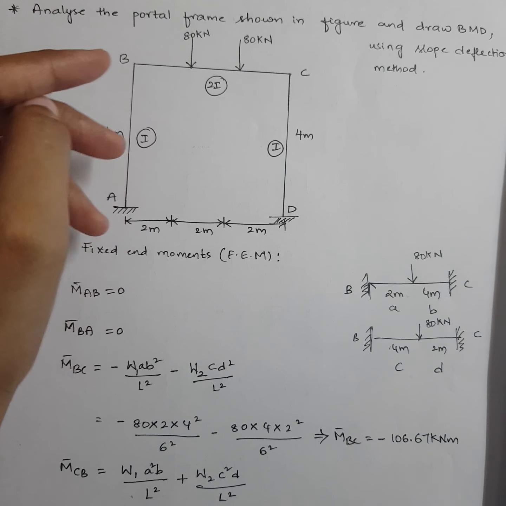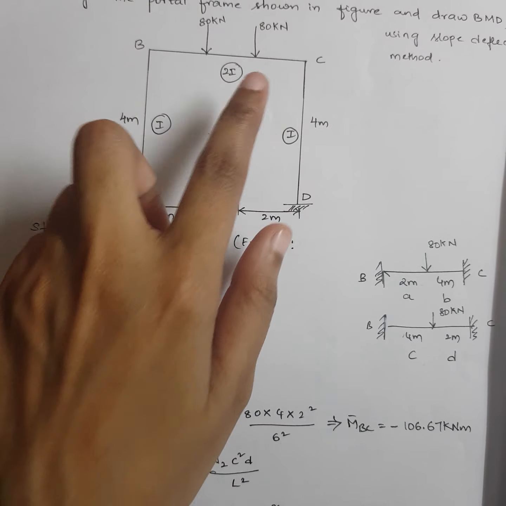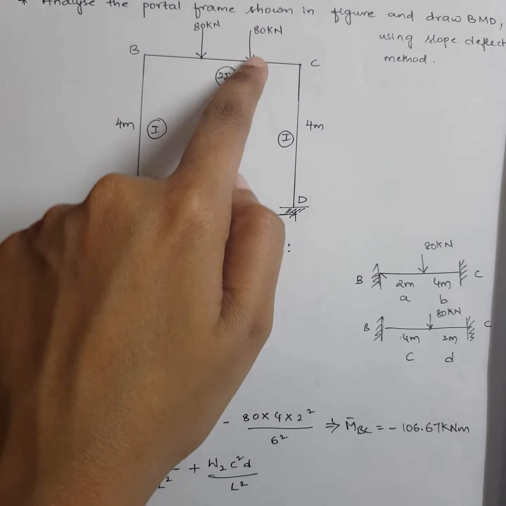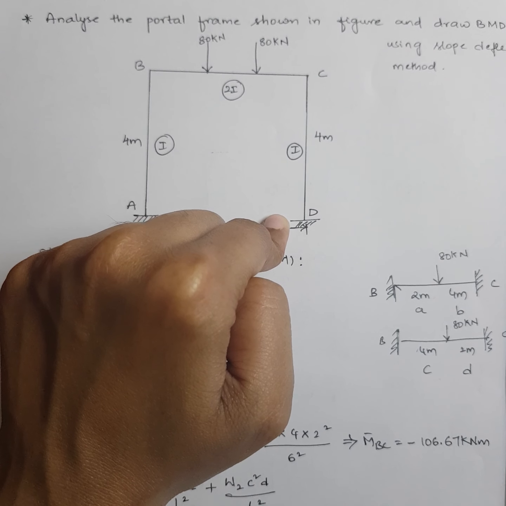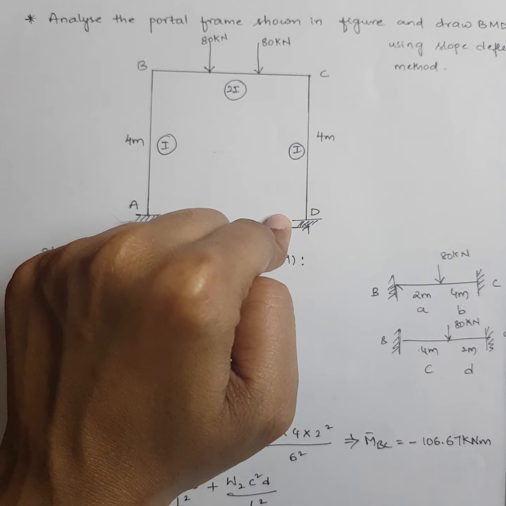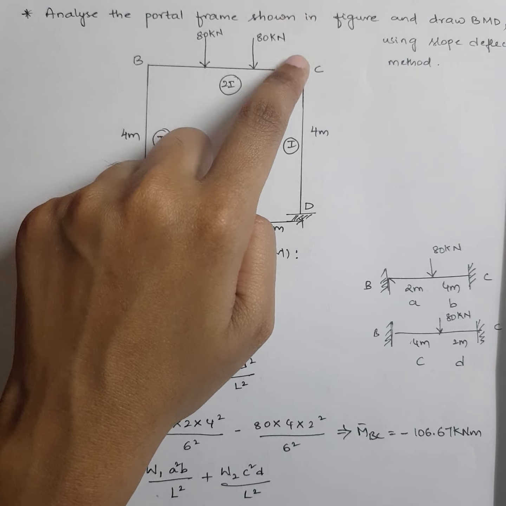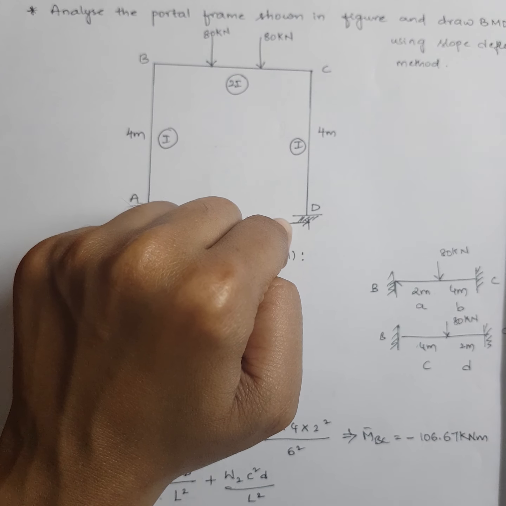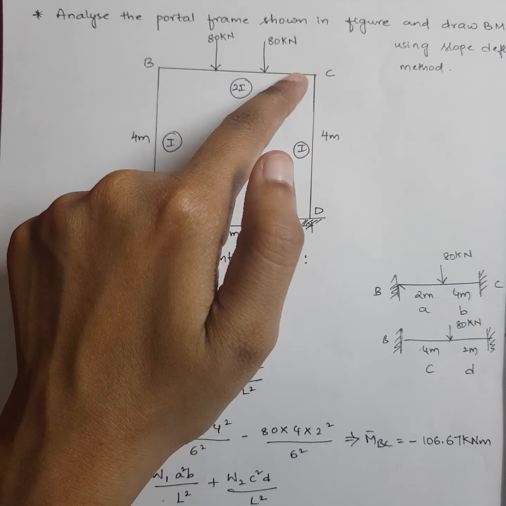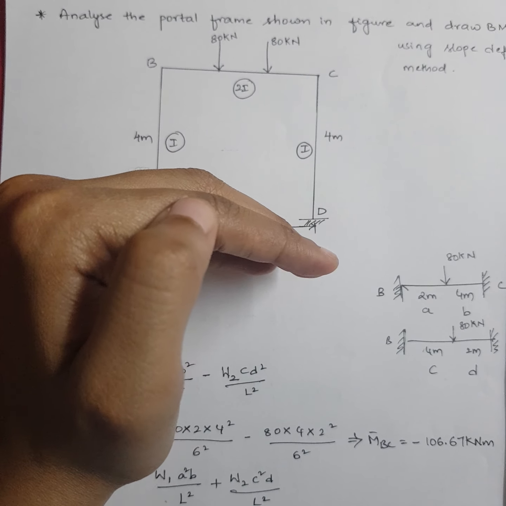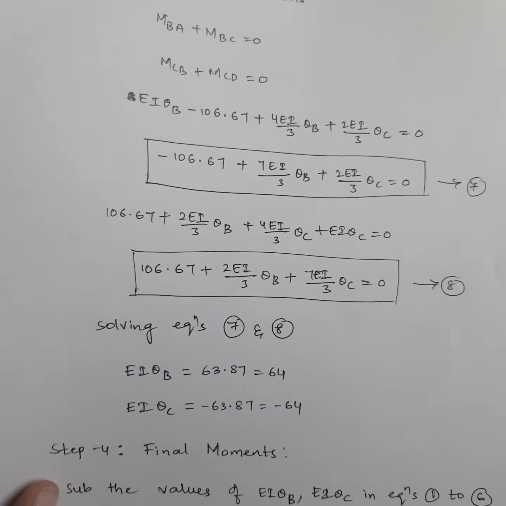Okay, so you can start off writing M bar AB, M bar BA, M bar BC, M bar CB, then M bar CD, then M bar DC. That's not an issue. But when you're writing M bar CD, you should take positive. Don't take it as negative. Why? For this column CD, C is on the right side. So when you're coming from right to left, it should be a clockwise moment. It should be positive. Okay, that difference you maintain. And when you're writing M bar DC, you will obviously get negative, since you're going in the column from left to right. This difference you please note down. Okay, now I'll come back to our problem.